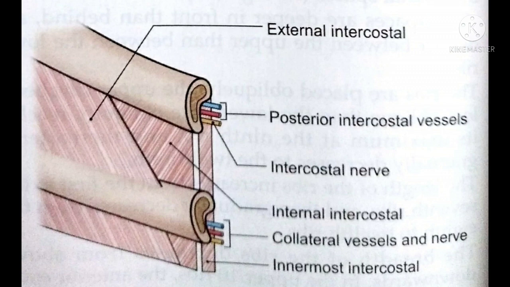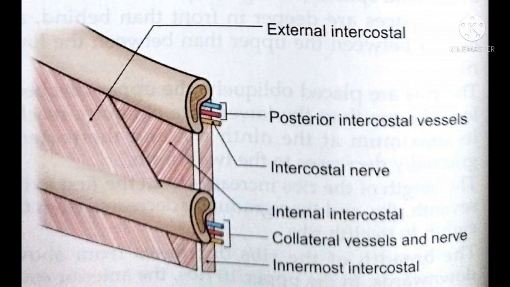And the costal groove contains the structures from above downwards: intercostal vein, intercostal artery and intercostal nerve. And the muscles attached on the upper and lower border of the shaft of the ribs are: the outer lip gives attachment to the external intercostal muscle. The inner lip of the upper border gives attachment to the internal intercostal and the intercostalis intimae muscle.